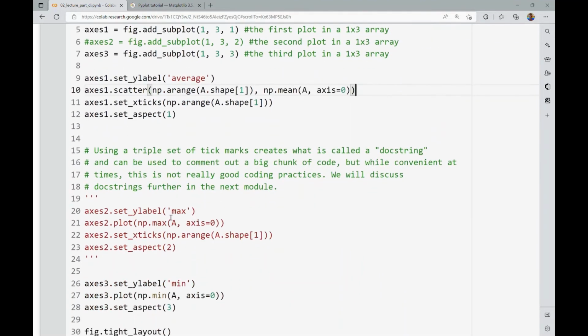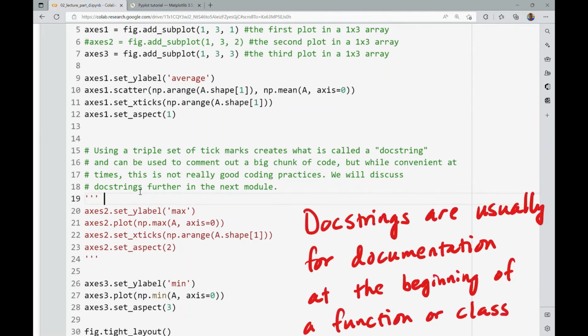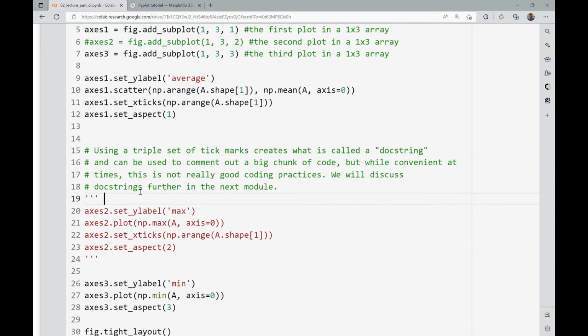I'm also completely commenting out this. I don't like using a docstring to comment things out. I'm just showing you something that we can do. We're actually going to discuss docstrings in the next module, so I'm just using them here to get you used to it. They usually only belong at the top of a user-defined function or a class or an object that you're creating. So this is not really an appropriate use of them. I am just showing it to you as an option. Sometimes it's nice to be able to quickly comment out a whole chunk of code using 3 ticks on either side of it, but that's really a bad thing to do. I would often just recommend